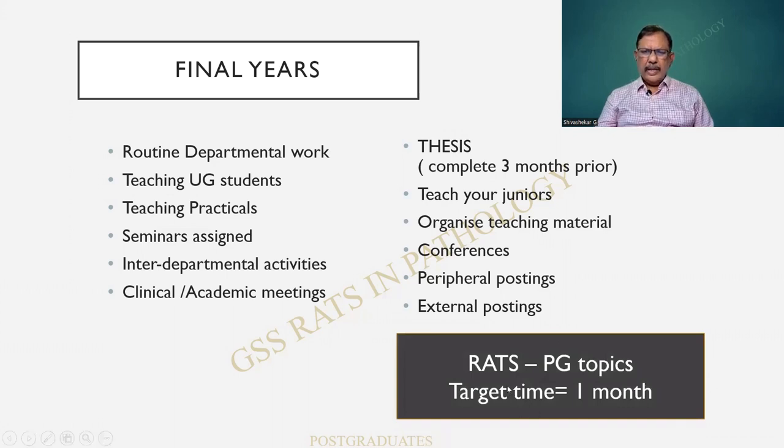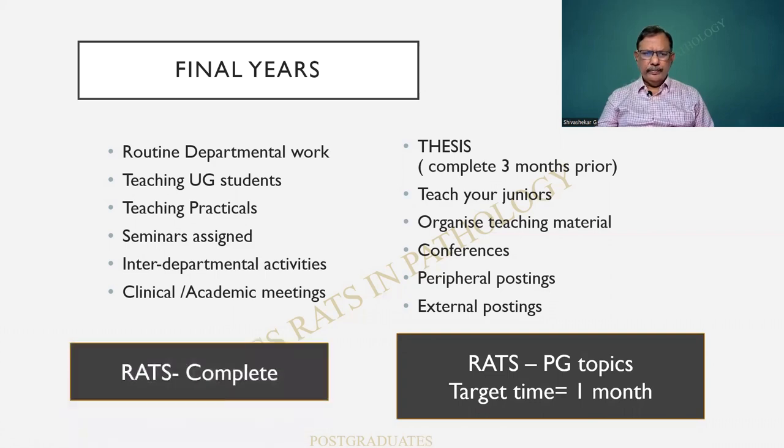So third time again I'm saying, but in this case you'll have to revise all the PG topics in a period of 1 month. You should have read it by this time, but then again in a period of 1 month you are revising all the PG topics from R.A.T.S. That might include recent advances, that might include histological techniques, or it can be something from autopsy and so on. And finally, it has to be completed well before the time. Even then, I warn you, it is still an incomplete effort of mine.